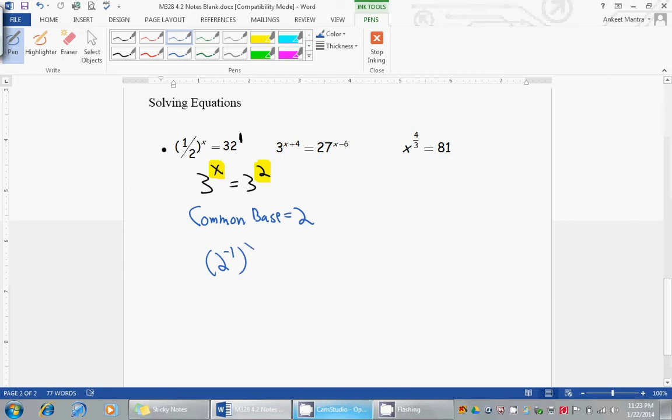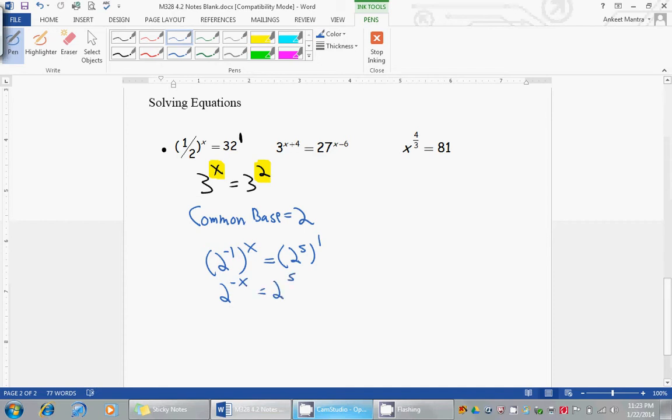And now that's raised to the x, and this is going to equal, now 32, you might have to do a little bit of mental math here, powers of 2: 2, 4, 8, 16, 32 is 2 to the 5th power. And now that's raised to the first. And now, hopefully, we remember some properties of exponents. An exponent raised to an exponent means you're going to multiply, so I get 2 to the negative x equals 2